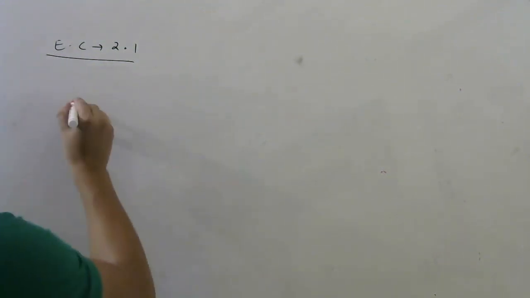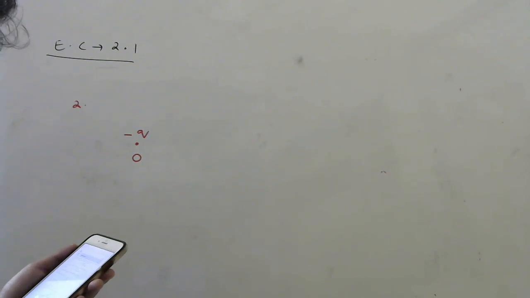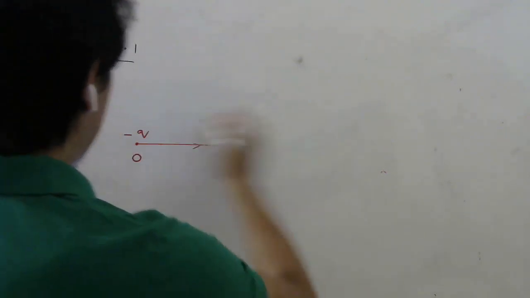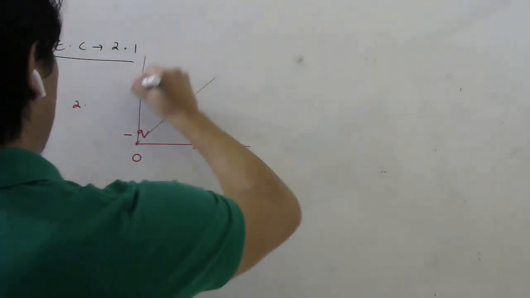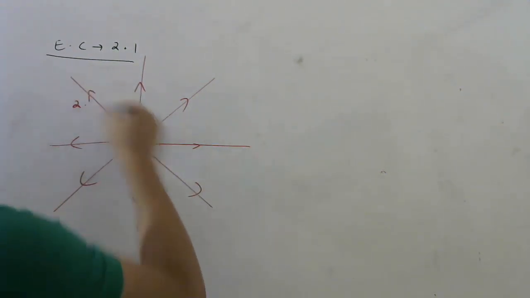Let us now see question number 2. A point negative charge is kept at point O. A point negative charge, listen carefully. So there is a point O and here they are keeping a negative charge, let us say minus Q. As we move away from the charge radially, either this way or this way, your wish, radially means along the radius of this sphere, you think.